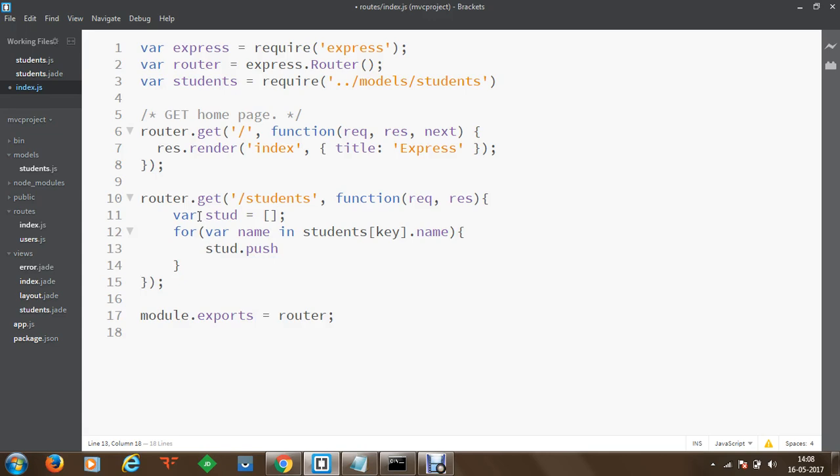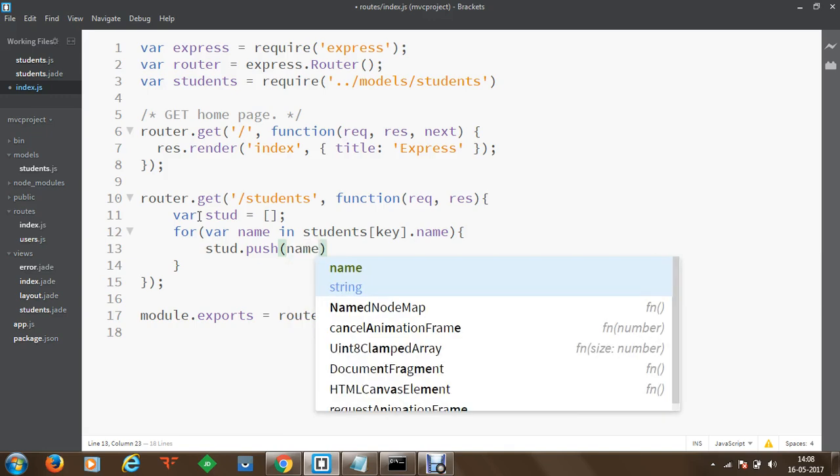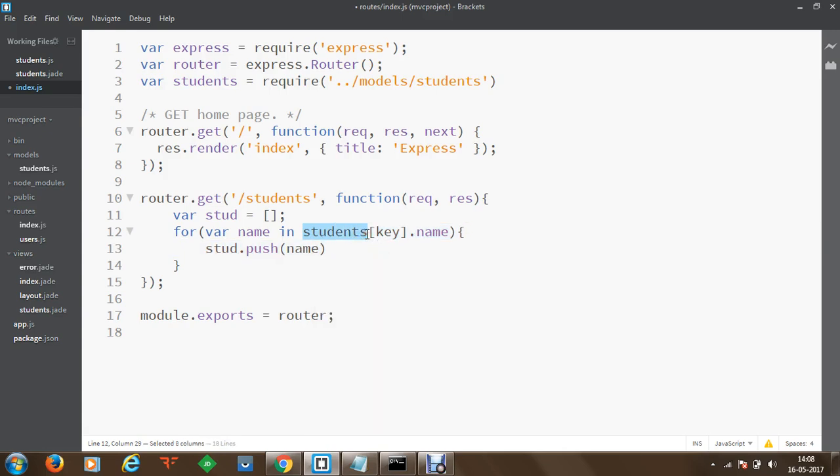We are going to insert information into this push, and we are going to put the name information here. So with the students model which we have read, we will be reading all the keys, getting the name of those keys, and whatever values are stored in them, we are going to push that into name, and then push the value onto the stud.